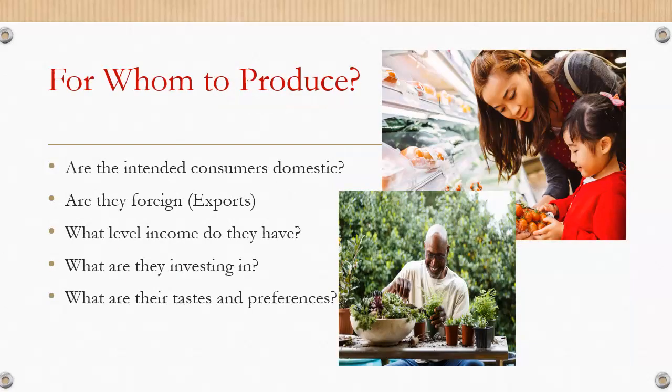Now, for whom to produce, clearly you have to have a consumer in mind. So who is your consumer? What is it about the consumer that you need to know? We need to know whether this individual lives in the US or not, or do we have to export to them? You know, like for instance, when US manufacturers for cars produce for US roads, they don't make quite the same modifications as when they are producing for foreign countries.